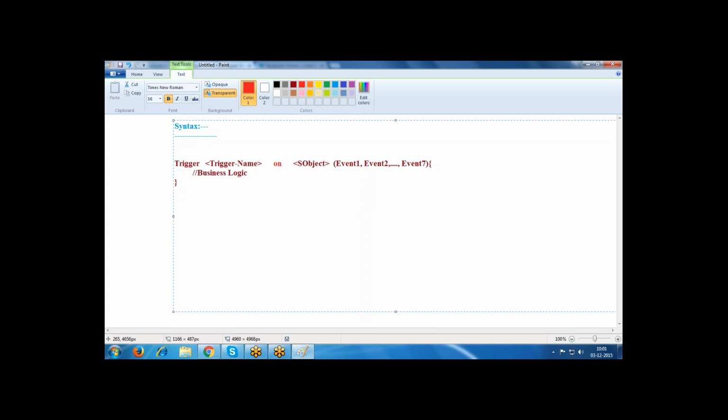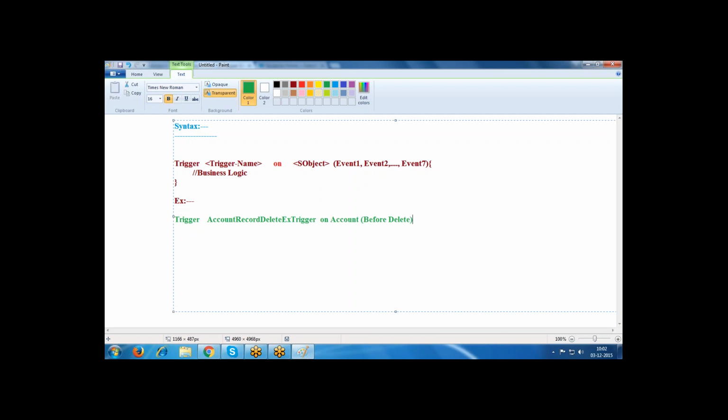So for example, now I'm writing a trigger, account delete exception, an account record delete exception trigger, on account object, before delete.